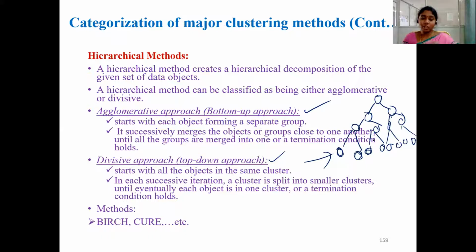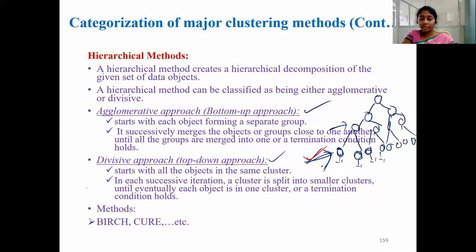Imagine that. Initially, we need to start by assuming that each record belongs to one group, and group means cluster. That means in this example, initially we have 8 clusters. Our assumption is that each record belongs to one cluster. After that, by applying some procedure, we can merge some of the clusters, so that at the next higher level we have a reduced number of clusters. So in this particular level, how many clusters are there?